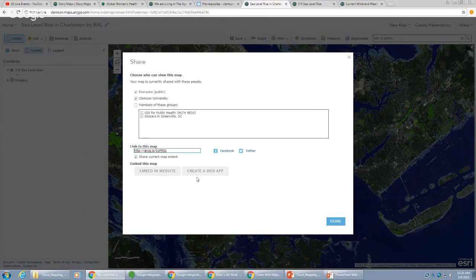And notice I have these options down here, embed in a website or create a web app rather. So we'll click on these from a different map. There's also a link directly to the map. So when I've made this public, it will generate a URL for your map. So if I copy and paste the URL and put it in another tab,